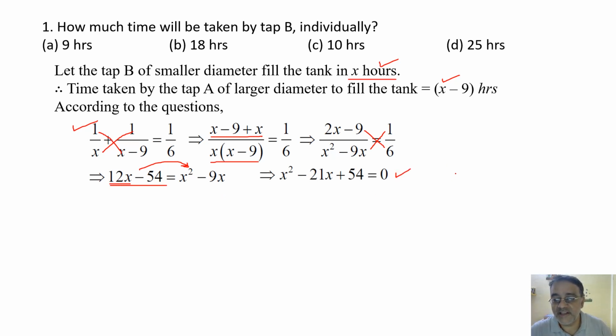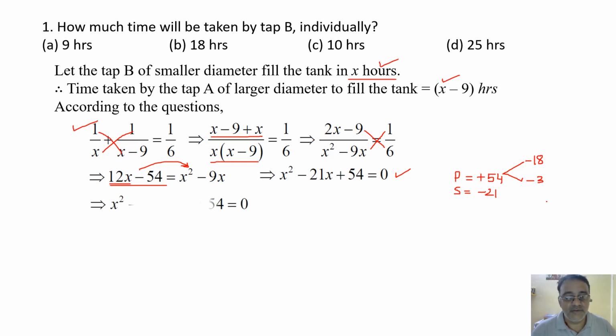Is this quadratic equation clear? Yes, sir. Okay, now here the product is plus 54 and the sum is minus 21, right? So since the product is positive, we have to find the two factors such that their sum is 21. Two factors of 54 whose total should be 21. 18 and 3. Very good. 18 and 3. Both must have the same sign, and since the sum is negative, we will put both minus. So we are getting, oh, this is 18, right, mistake.